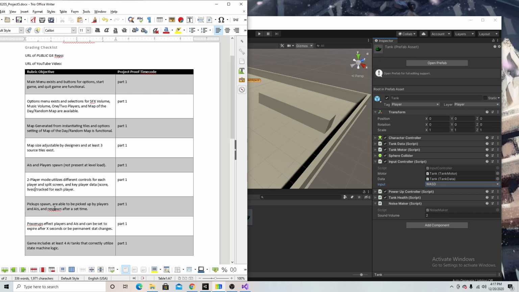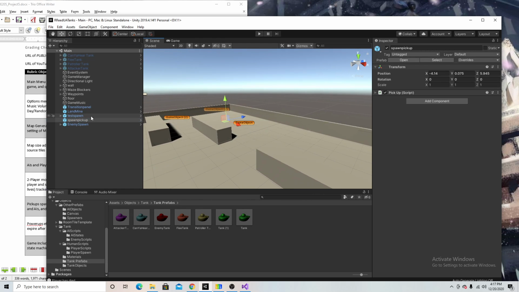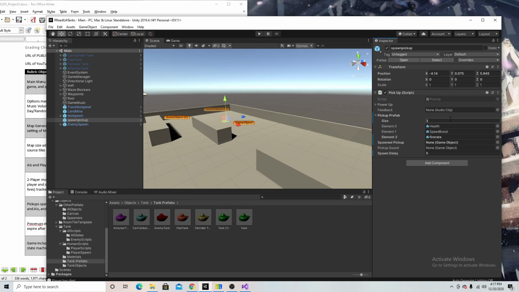But yeah, pickup spawns are able to be picked up by players and AIs and respawn after a set time. So I do have a spawn pickup here where it will spawn in a set amount of pickups. I have it done pretty much like my player spawn points. It is done through a pickup spawn point where I can set the size of the prefabs. So I have a health pickup, a speed boost pickup, a fire rate pickup, and then it will spawn in the spawned pickup, and then it will create the pickup sound,